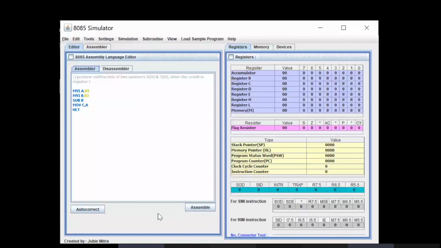Satya, you have a question? If we want to see the program later, after executing, sir, how do we save this program? Advaita, can you help me with that? Do you have a facility to save the program? Yes, it is there, sir. You have to go to file. In the file, you can see save assembly language code. Harish, can you do that for us? Can we see that?